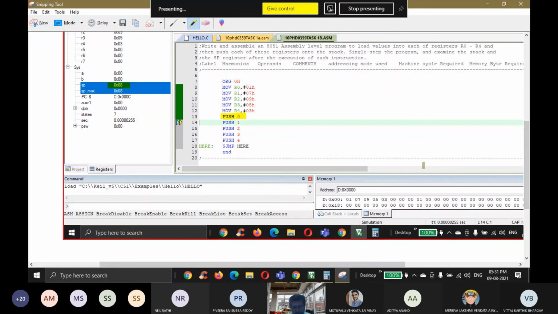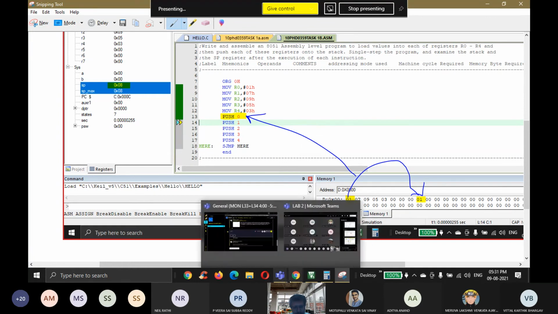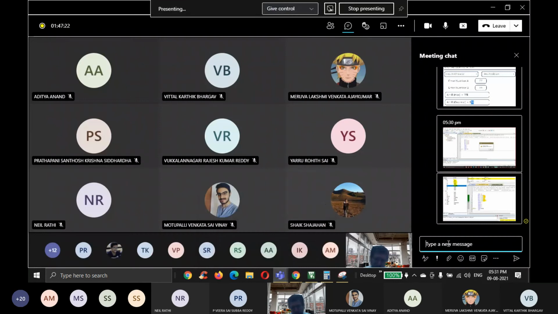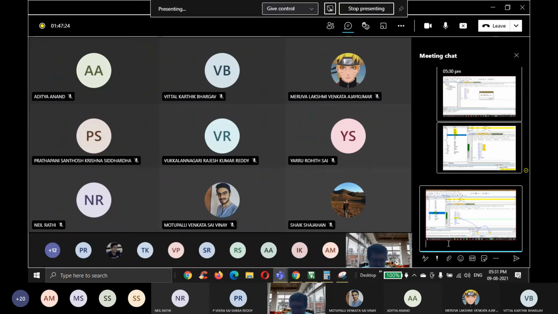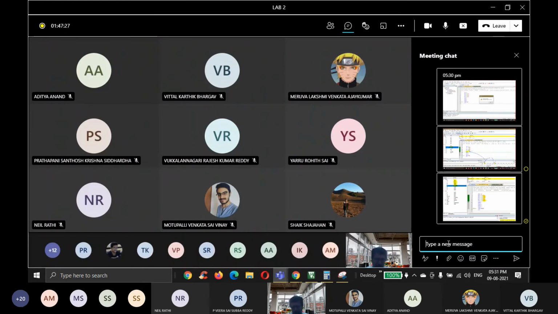The initial value of the stack pointer was 07H. You can see that this value is being moved. Or push 0. You can use these indications like what I have made.